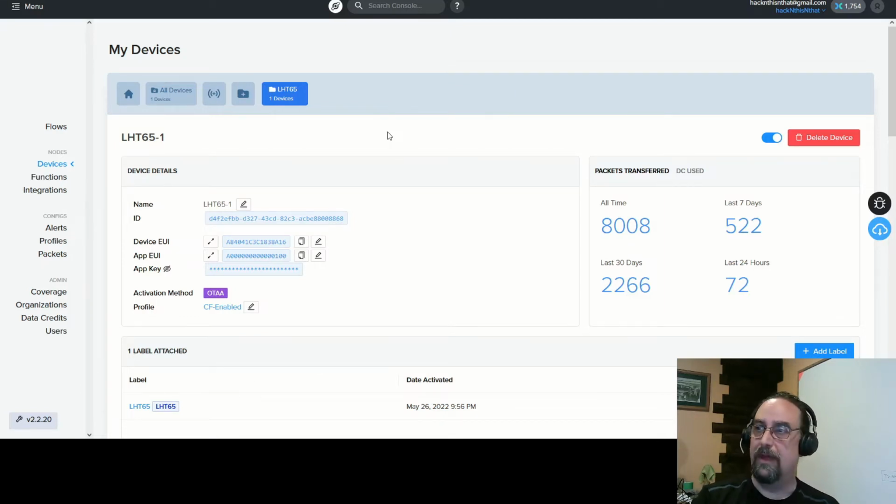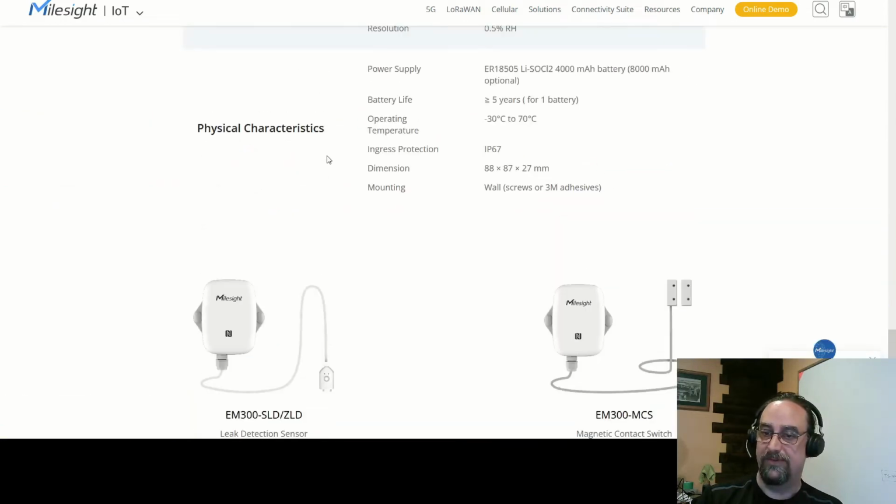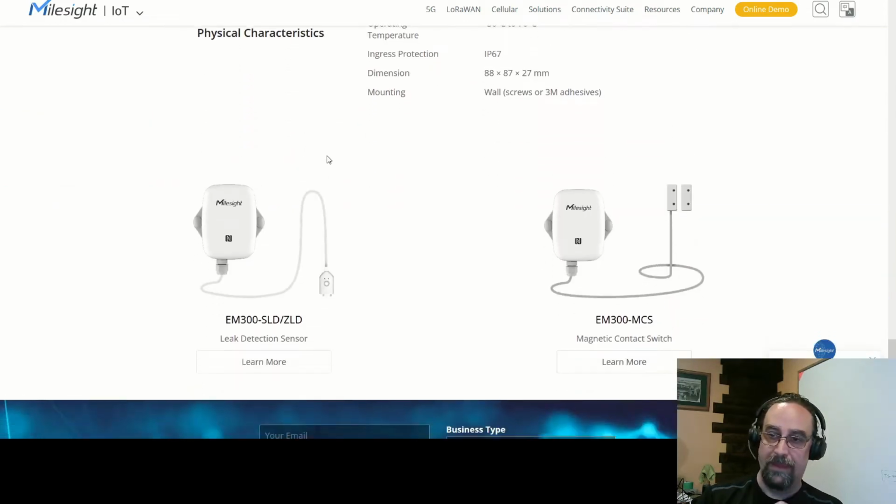Eventually, I'll get my hands on others. Actually, I'm going to pause for a brief moment. I was looking at the MileSite product the other day, and specifically these EM300s. They're a little more pricey, I think, than the Dragino, but I do like some things about them. And when you consider that you're getting NFC connectivity to the device, a little extra is not a huge price tag to go in order to connect to the device and manage the device. Obviously,